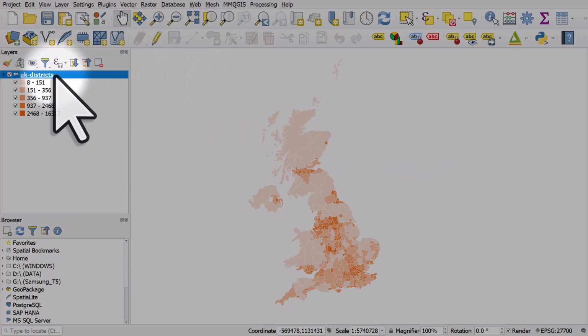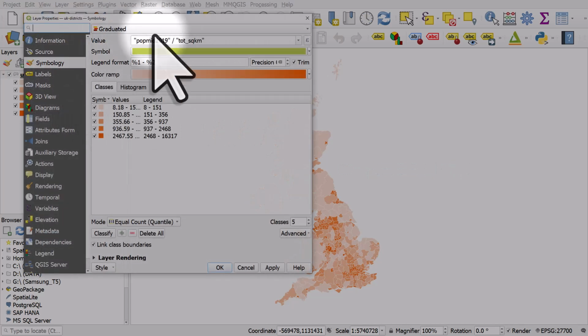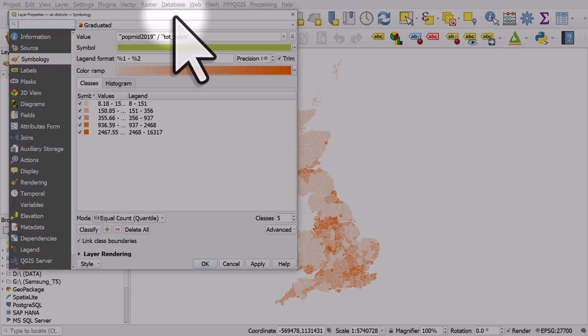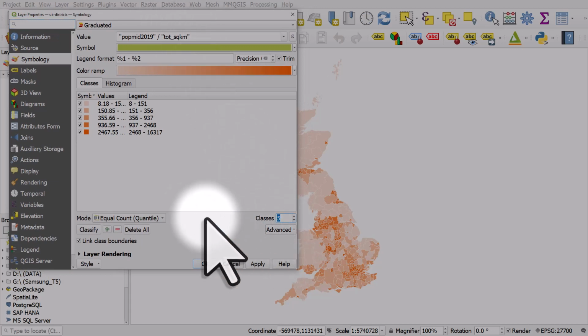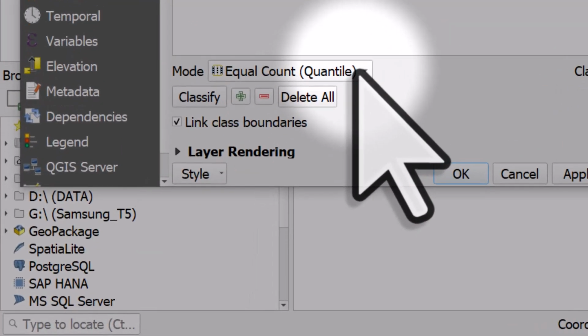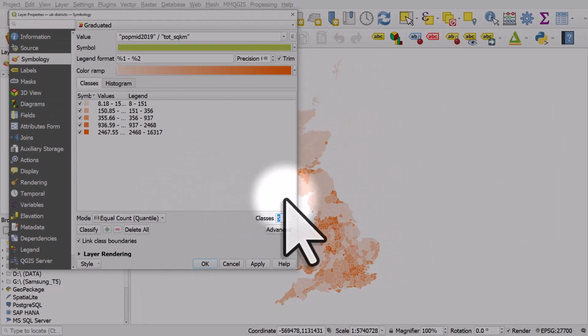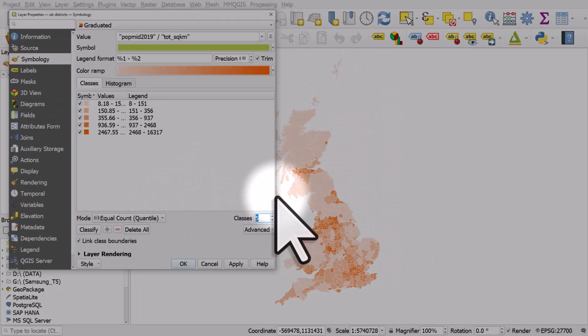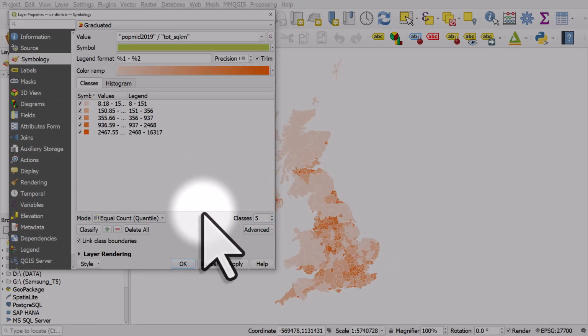If I double click on the layer, we can see in the symbology that we have 5 classes and the mode of classification is equal count. Now that's probably going to be your default, but remember, even accepting the default is a choice. With something like population density, maybe this is an okay classification, but the quantile will put roughly the same number